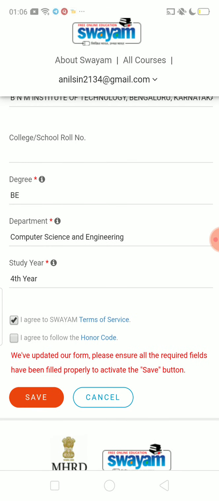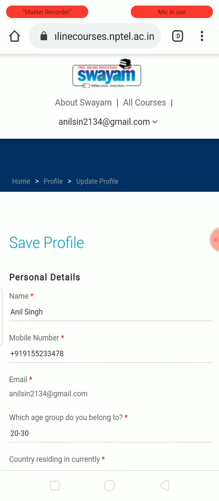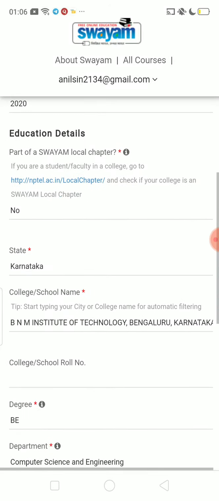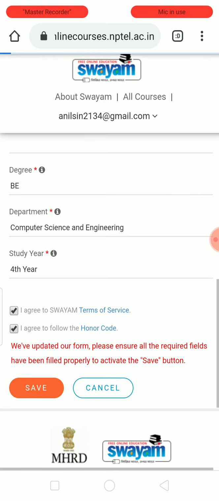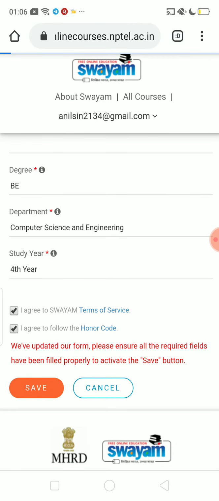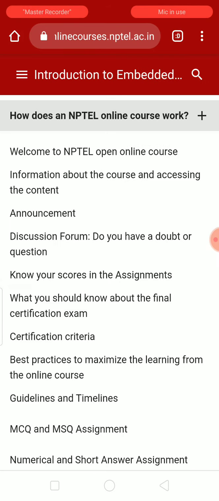I agree to the terms and conditions, and I agree to follow the honor code. So this is the form that you need to fill before enrolling in the course. You just need to fill it and click on save. As soon as you click on save, it will be done. So cool, you can see it here. I have enrolled for the course.